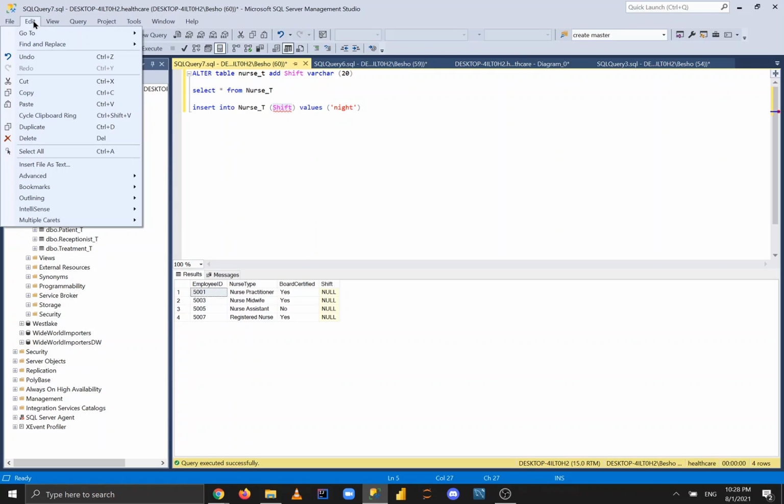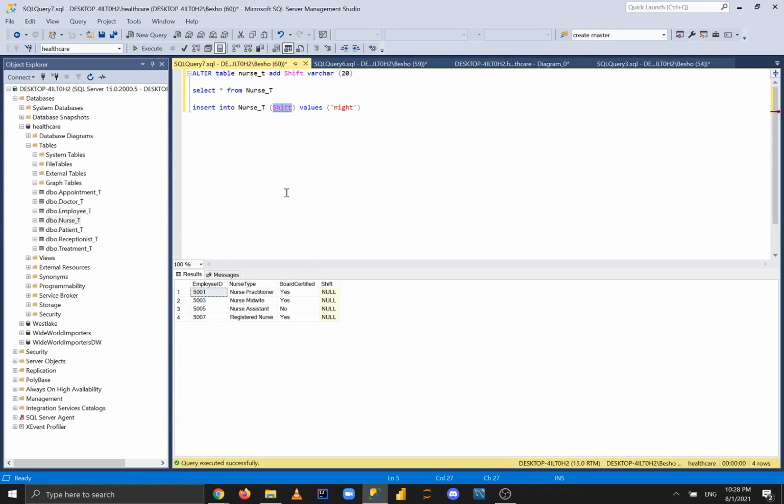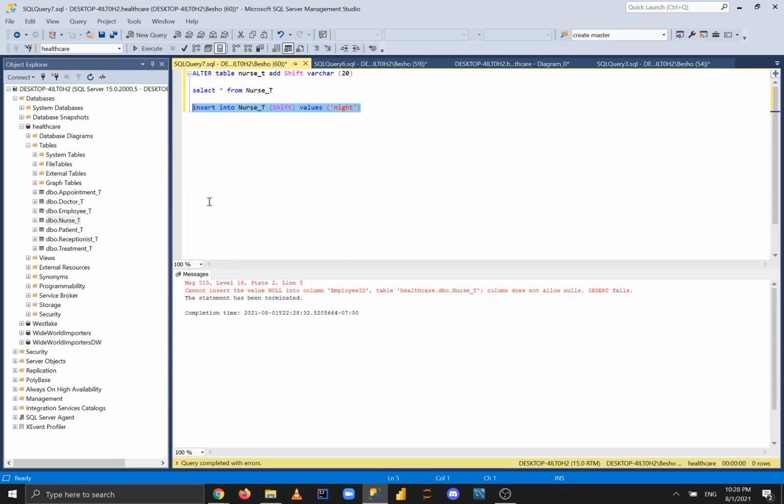So we can go ahead and go to Edit, IntelliSense, and Refresh Local Cache. Okay, and here we go. Now it actually found the column that we're trying to insert value into. So if we just go ahead and type sh, it would find it, and we'll just double click. So here we'll go ahead and execute,